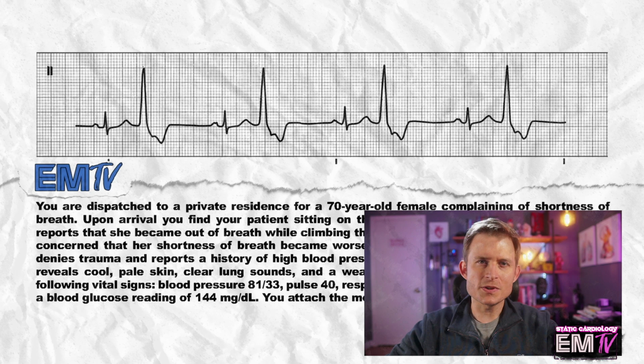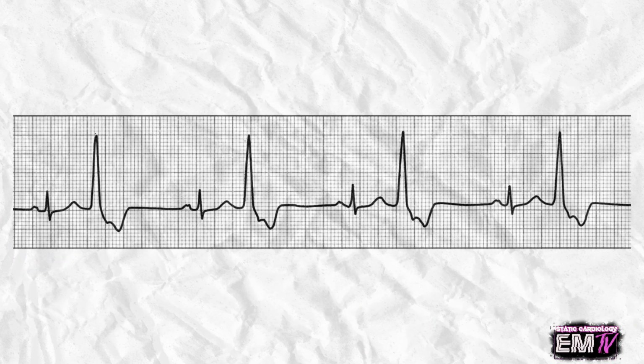Now let's go ahead and take a look at this rhythm in a little bit closer detail. Right off the bat, you're seeing a couple variants of a QRS complex. Let's examine the smaller ones first. These smaller QRS complexes have a P wave and narrow QRS and an associated T wave. Now despite what this looks like, this wave is actually not a P wave for the following complex. This is a T wave of the complex that precedes it.